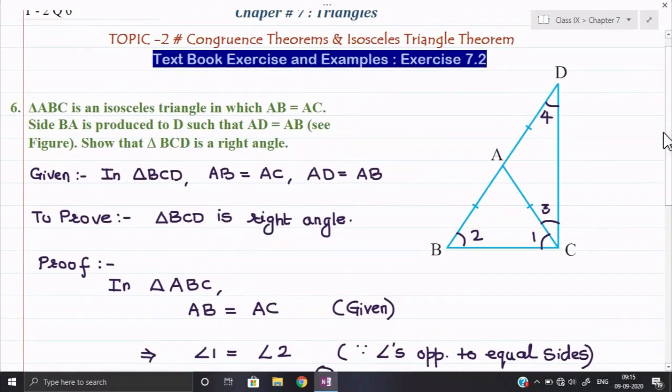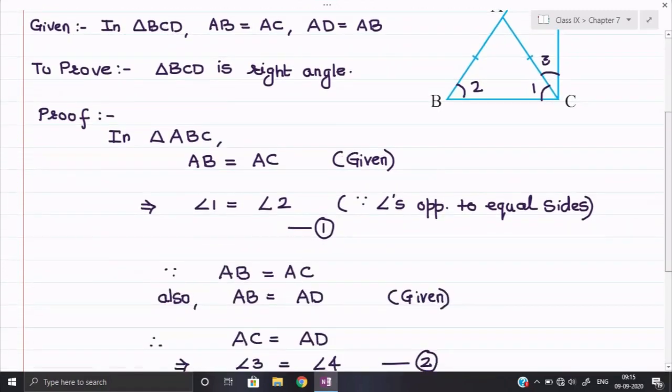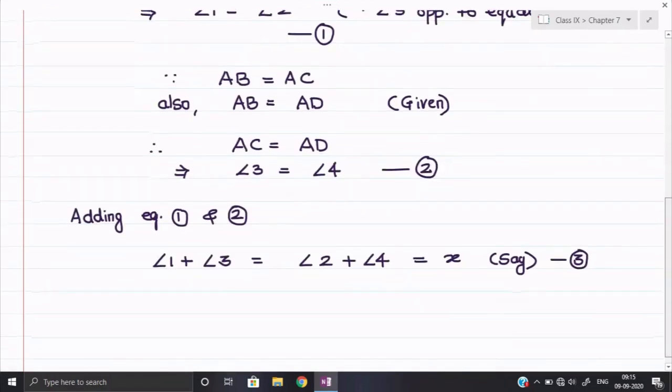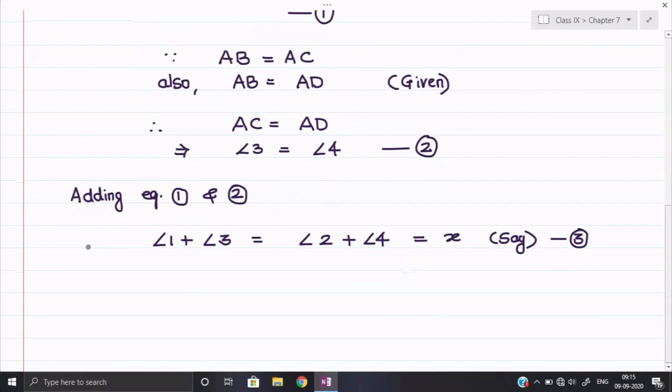Now see, I am taking the triangle BCD. Look at the triangle BCD and forget the line AC for some time. That line AC you need not consider for now. Only see the triangle BCD I have. So if I take triangle BCD and apply the angle sum property, then what do I get here? So I will write down further in triangle BCD.